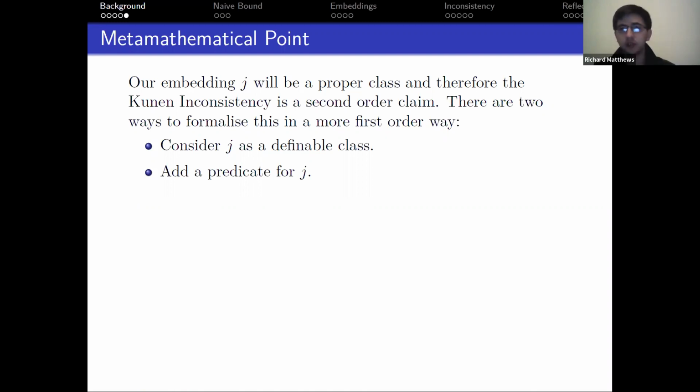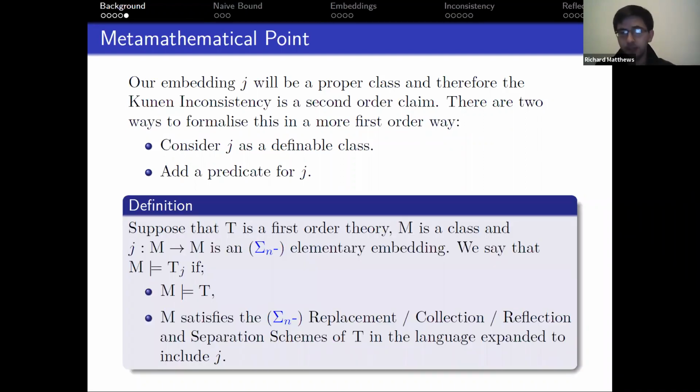The second, slightly stronger version is that we add a predicate for j, which is the way the Kunen inconsistency is now normally stated. So what do I mean by this? I mean that we're going to take a first order theory T, and we'll say that M is a class, and we'll assume that j is an elementary embedding from M to itself. Then we can say that M models T_j if M models the first order theory T,